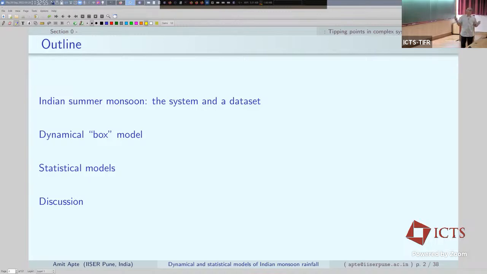So, here is roughly the plan. I will start by describing what a monsoon is, maybe talk a bit about the kind of data set that we use and the model that we are trying to develop. And if I get time, I don't know if I will get there or not, a statistical methodology. I guess it's not one single model as such, but a way of dealing with these kinds of data sets.